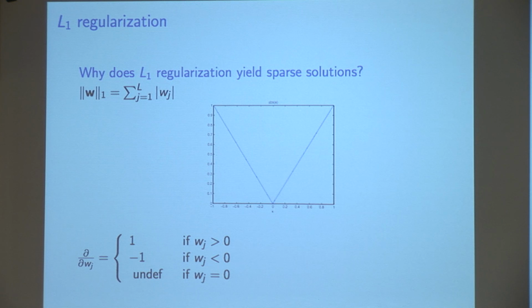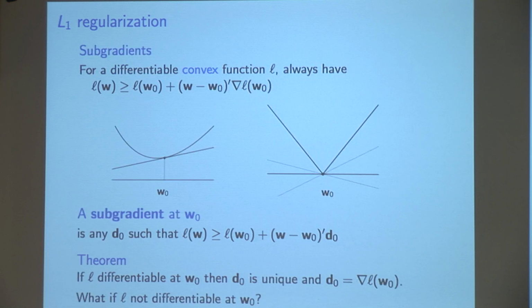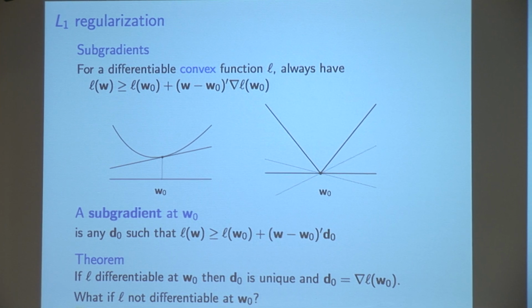And then if I look at the gradient, well, I can't really look at the gradient here because it's undefined. But if I look at the gradient over here, it's constant. It's a +1 derivative, right? If I look at the derivative over here, it's -1. And then it's undefined there. And that's important. So in terms of optimization and in terms of understanding these things, we have to generalize our concept of what a gradient is to cases like this where we don't have differentiability. In fact, we don't have differentiability right at the point we care about.